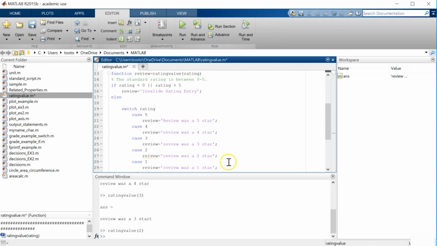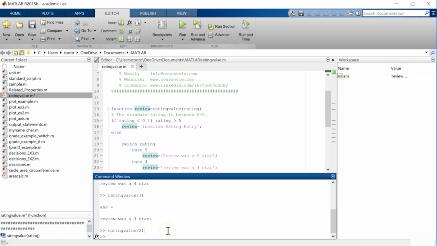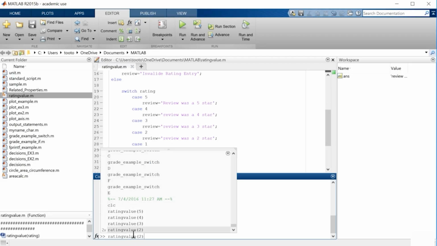That's not star. 2. Okay, we have a misspelling here. Okay, good. Now, so let's rating value of 2 and review of, rating value of 1